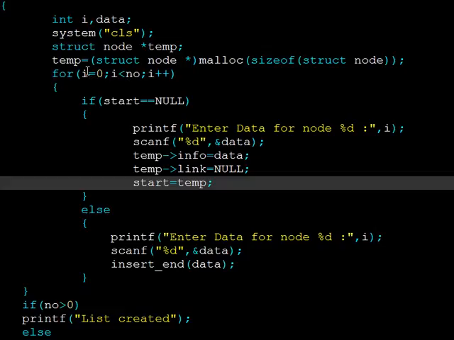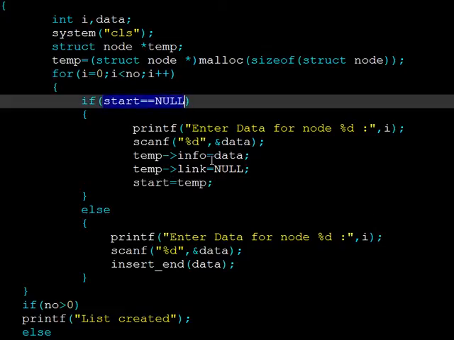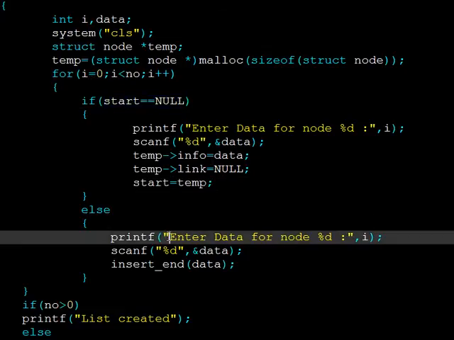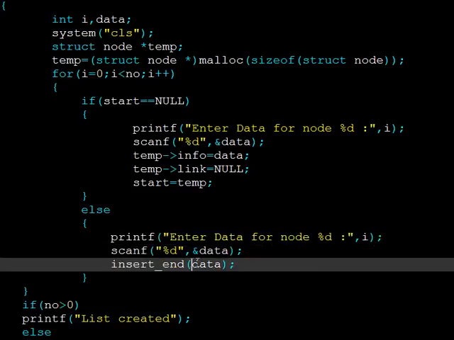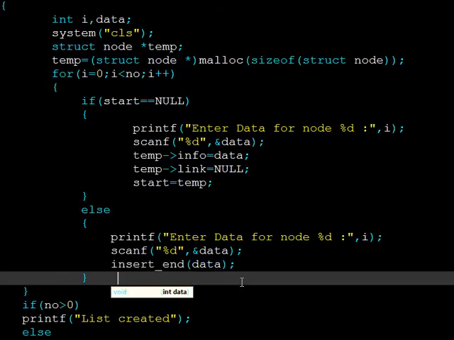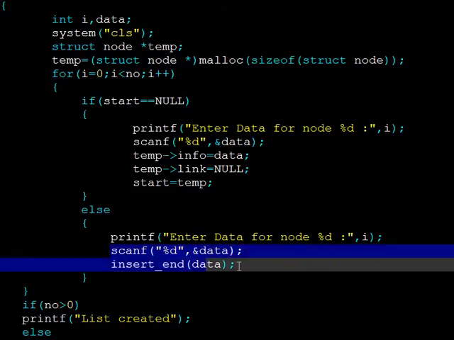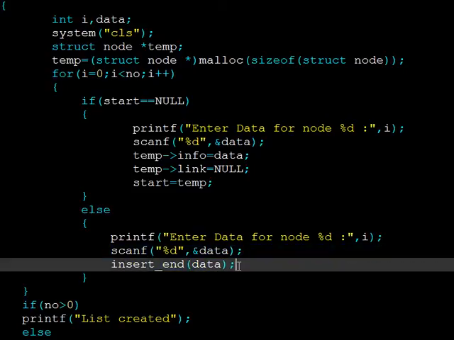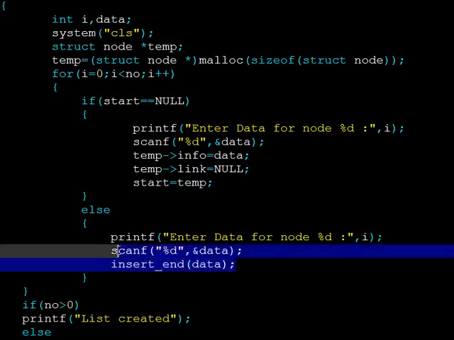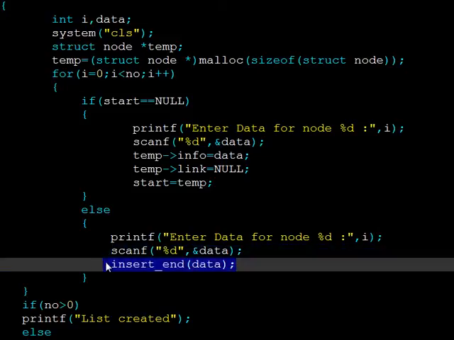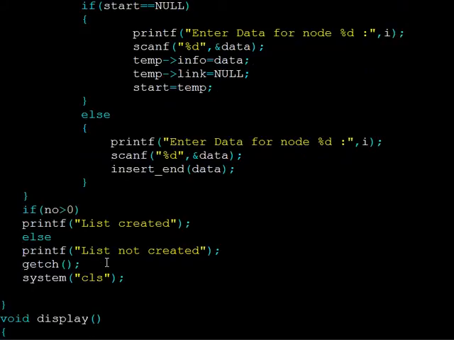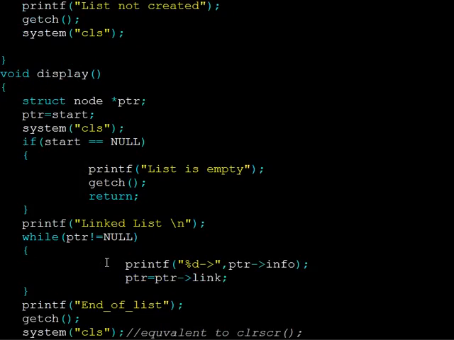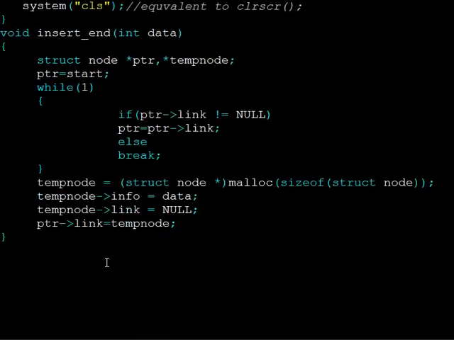If the start is not null, meaning the first node has been created, then we will ask what is the data for this node. We will pass this variable to the insert at the end function. Now this function will insert the particular node at the end of the list. So this is a very easy mechanism by which we achieve multiple node creation in one shot. This is the display function, and this is the insert at the end